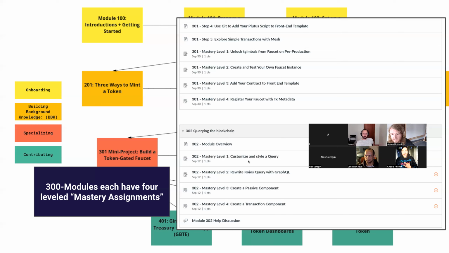Because, hey, I might only need somebody to just do a little bit of styling for me, so I'm only going to ask for this level if they want to contribute. But somebody else might need an end-to-end transaction component, which is definitely a bigger ask. So we could just disaggregate those and have a variety of different tokens along the way.